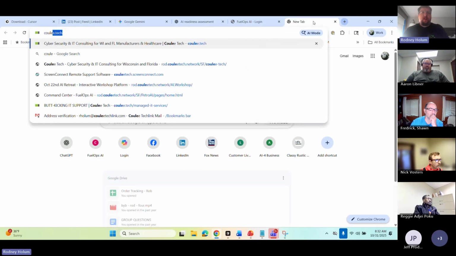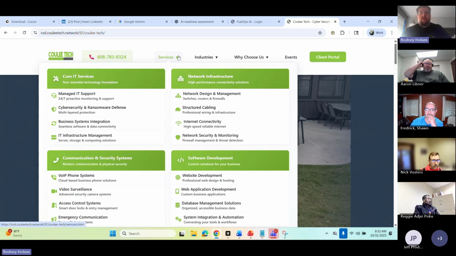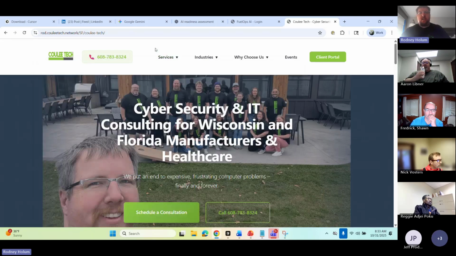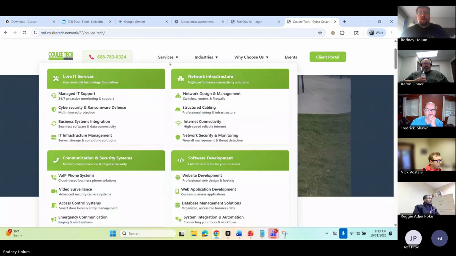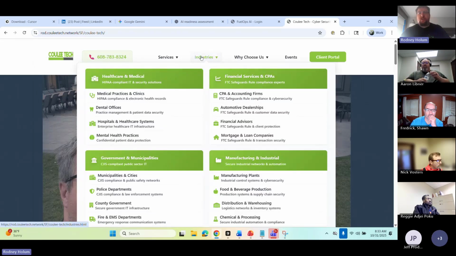And I've used this information then to start working on Coulee Tech 2.0. This is just a placeholder image I wanted for the header. So from a service perspective on the website itself, I quickly identified each area that we service, so that each one gets a service page. So we can better target the type of service that we're offering, as well as highlight industry specific. So that as AI are scraping this, if someone looks for IT providers in La Crosse that work with dental providers, well, we want the AI to know, yeah, we work with dental providers.